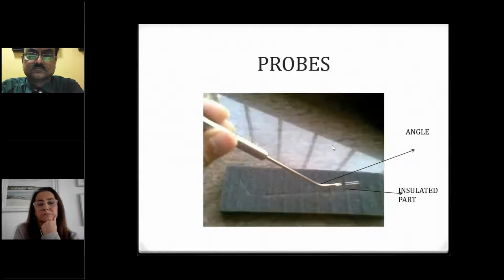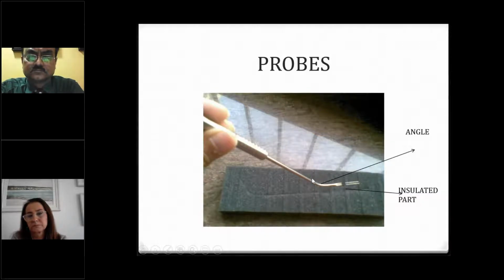Next, as we saw, the machine is connected to a wire, whichever socket you choose, and then that is connected to a probe. This probe is one of the examples of a probe. This is a palatal probe, and it is inserted into the palate, and energy is delivered to the palate to strengthen the palate or decrease the snoring sound in cases of palatal flutter or in cases of palatal obstruction for